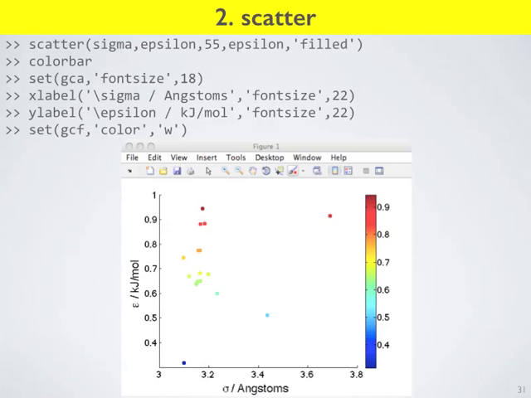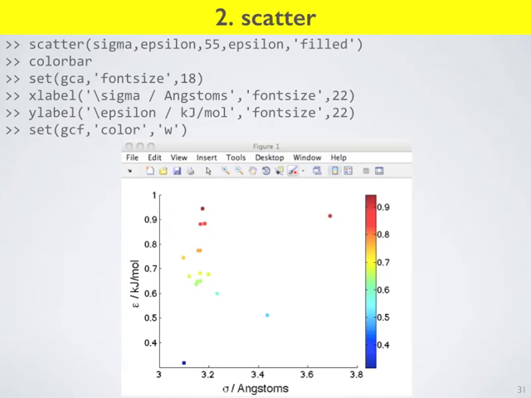So you type figure, type scatter. This is a scatter plot, so you have your X, your Y, your symbol size, and then your heat map, so how you want to color the symbols. And then I want them to be filled. It's going to make a sigma epsilon scatter plot, and color them according to the value of epsilon. You can then ask for a color bar to go next to your scatter plot, and the points are colored according to this color bar, according to the value of their epsilon. So it makes a very nice plot.